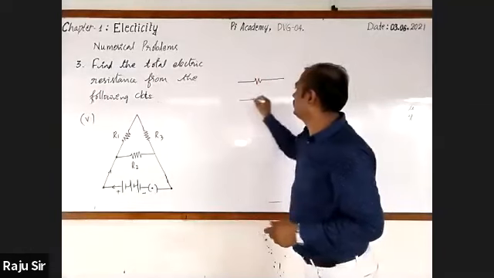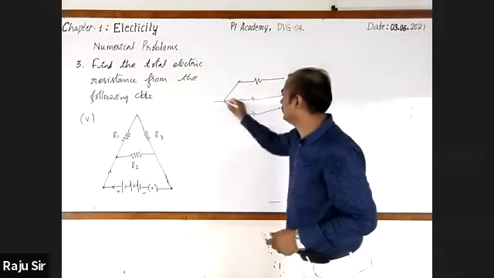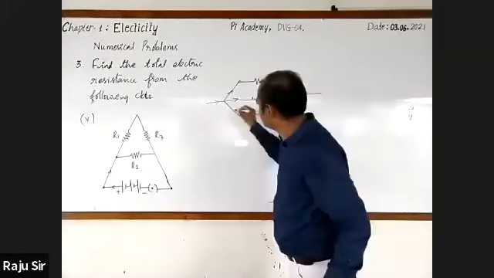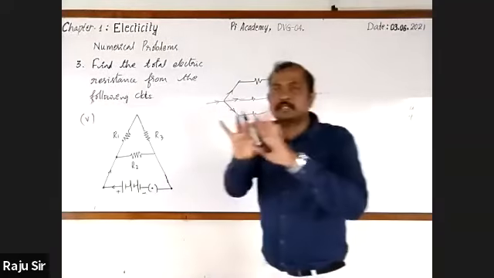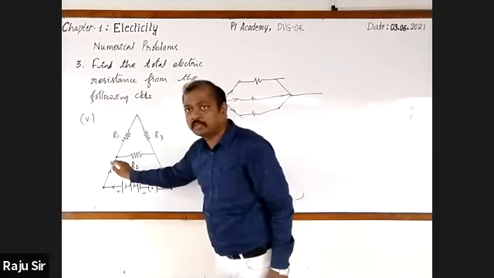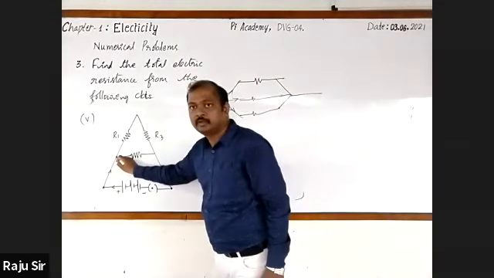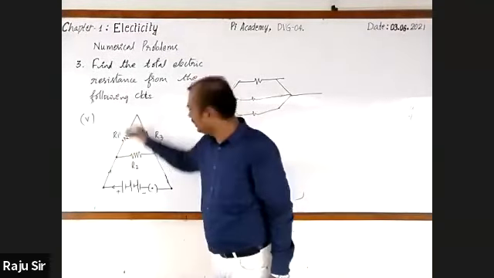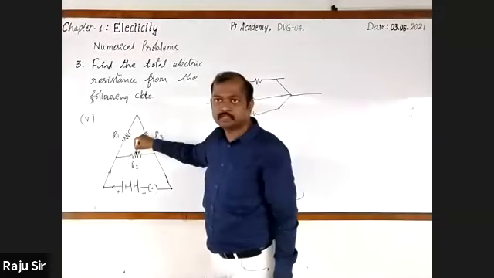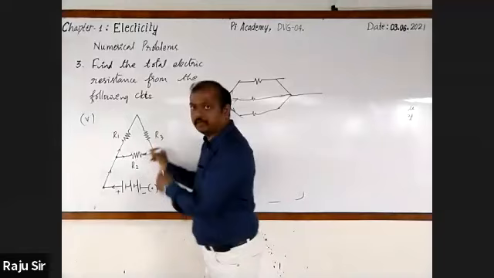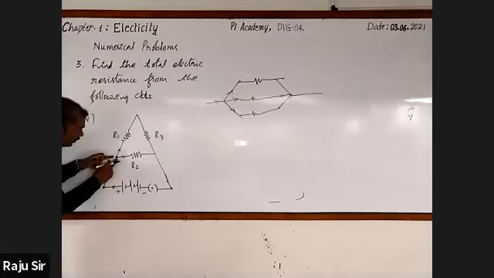Observe here, 1, 2, 3 resistors are there. Once the current enters, it gets distributed like this. If the current gets distributed, it is a parallel connection. Now, when the current comes to this point, it flows through R1 and R2. It gets distributed. Here, R1 and R2, these two are parallel. Did you understand? Yes, sir. Here, current is distributed to R1 and R2.